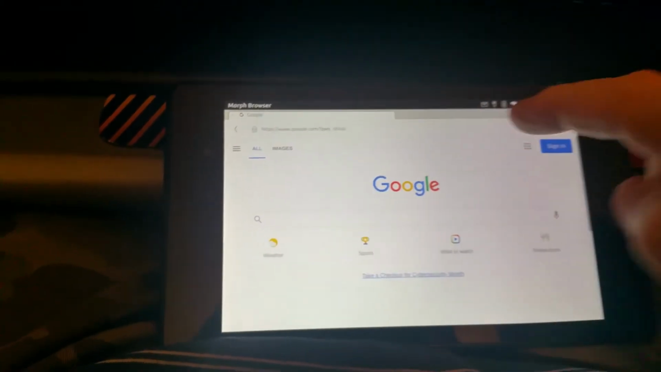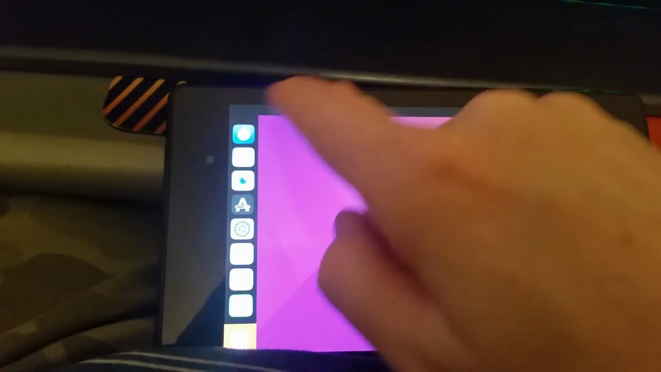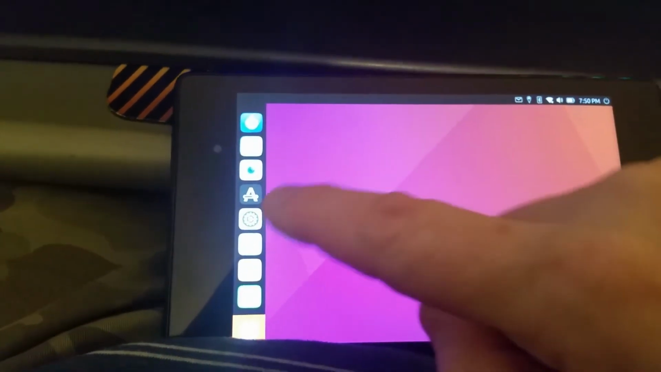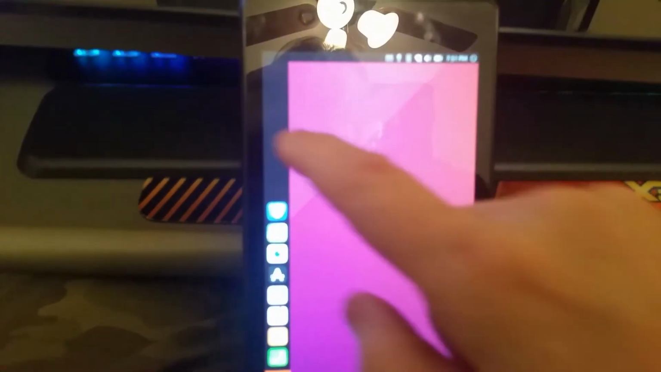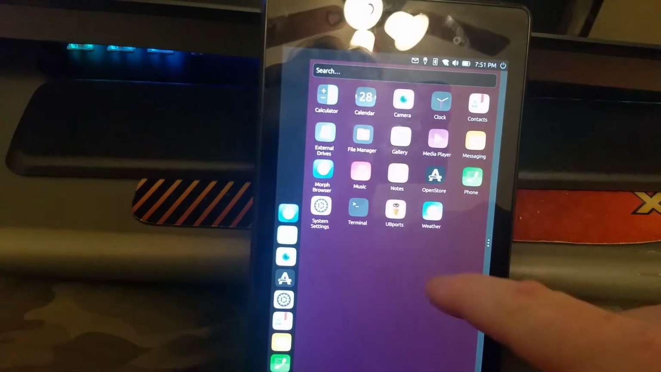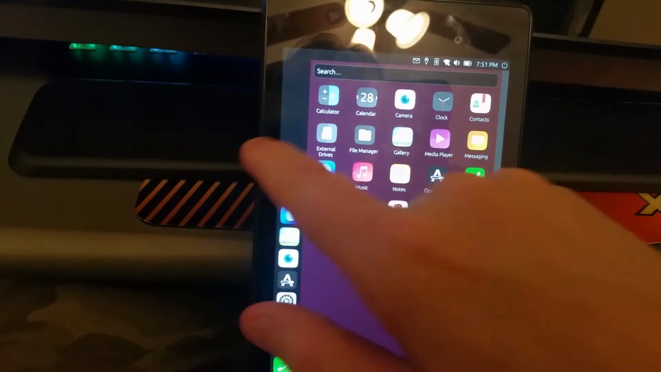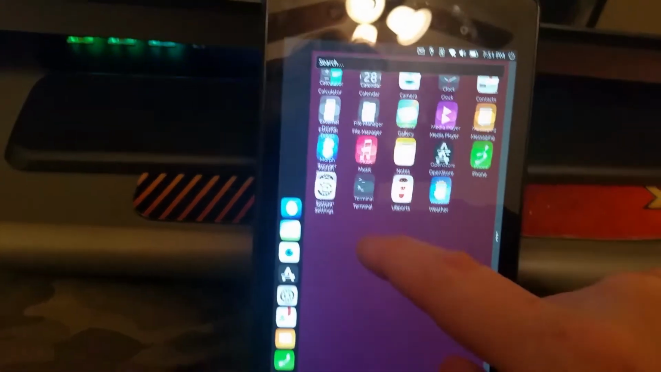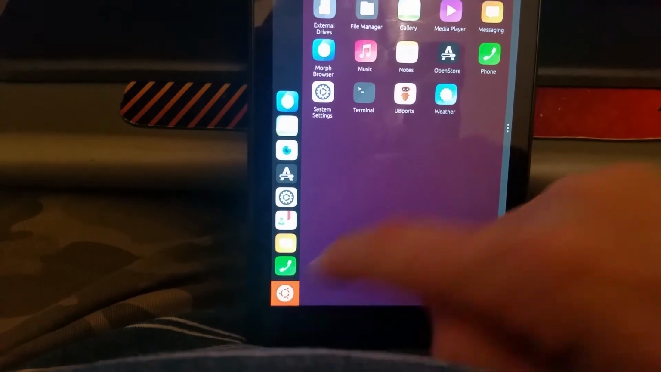I'll show you real quick how it looks and works. It works really good, and it's nice having it on this big screen. You can see here, you got your browser, your open store, everything. It auto rotates properly the way you would expect it to. You get your drawers that open. It's silky smooth, and this is on version, let's see, on the